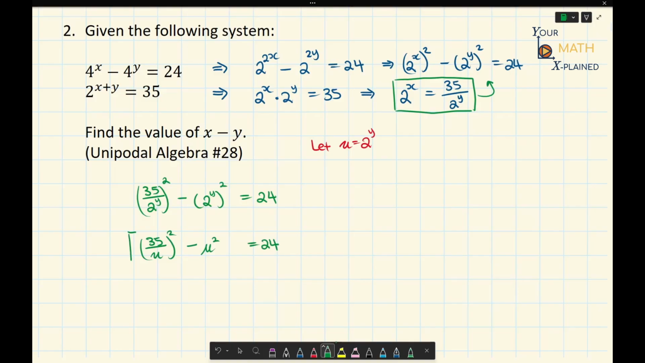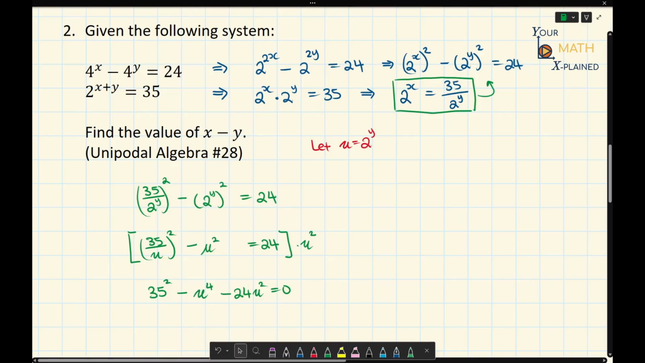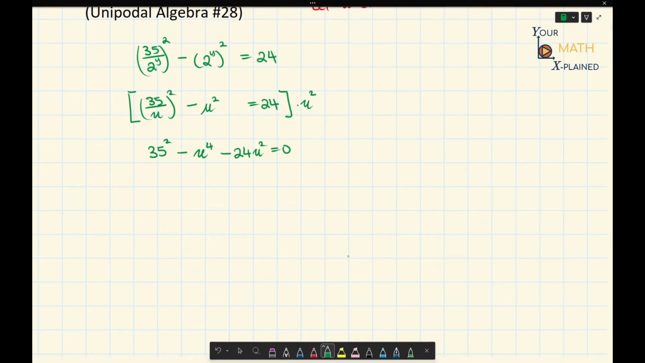Next, we're going to multiply this entire equation by u squared, just so that we can get rid of the denominator. So then this ends up being 35 squared minus u to the power of 4 minus 24u squared is equal to 0. And really, this is just a hidden quadratic equation. So again, we can factor this. And once we factor that, we get u squared plus 49 times u squared minus 25 is equal to 0,